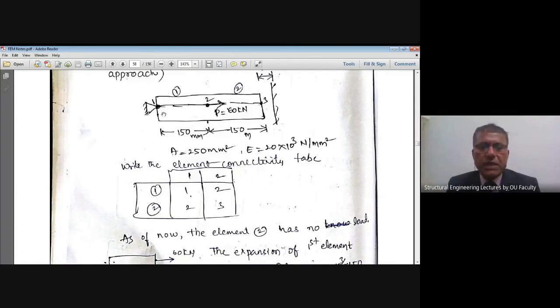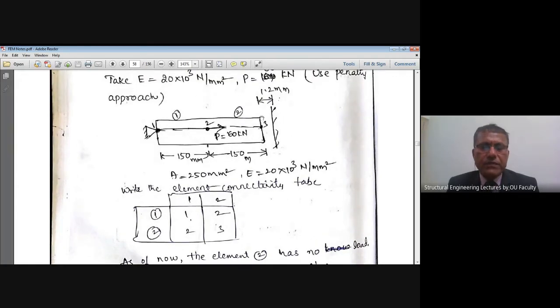The area of this entire 1D bar problem is constant. In the previous problem, we saw that the area and material were varying. Here, the area is the same and Young's modulus is also the same. This 1D bar is hinged at the left end, and a constant force P is applied at the midpoint, in equilibrium with the load, satisfying the boundary conditions at node 1.